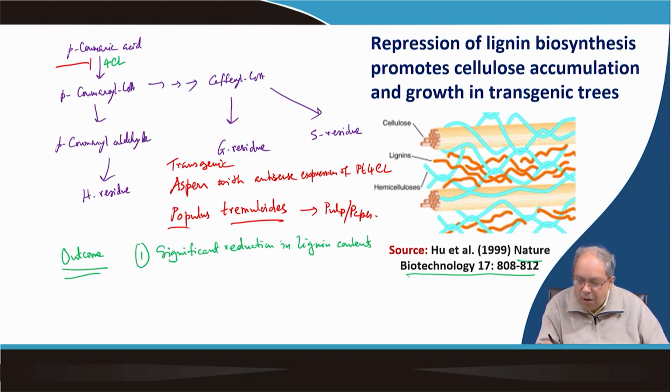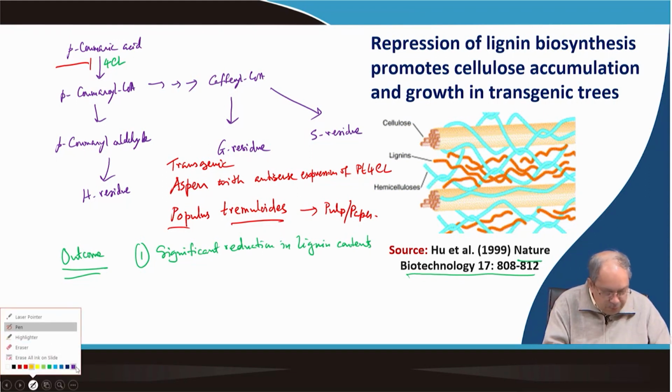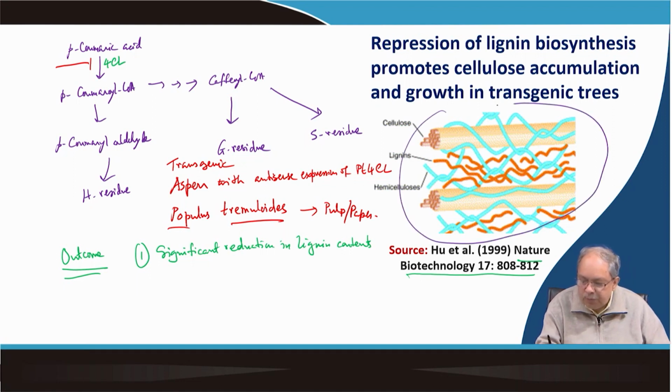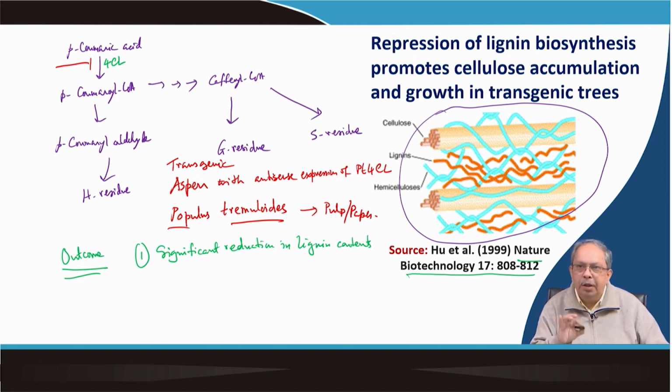So, this is a diagram I put here, where lignin and cellulose actually form a complex in the cell wall. Okay. So, what happens when cellulose and hemicellulose are also there? When lignins are suppressed, that is somehow compensated by cellulose enhancement. How it happens they are unable to explain, but it happened, and whether it is good or bad, it is indeed good, because